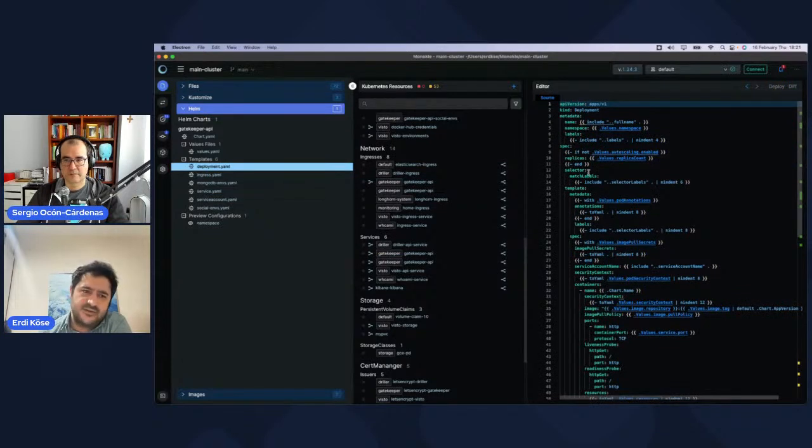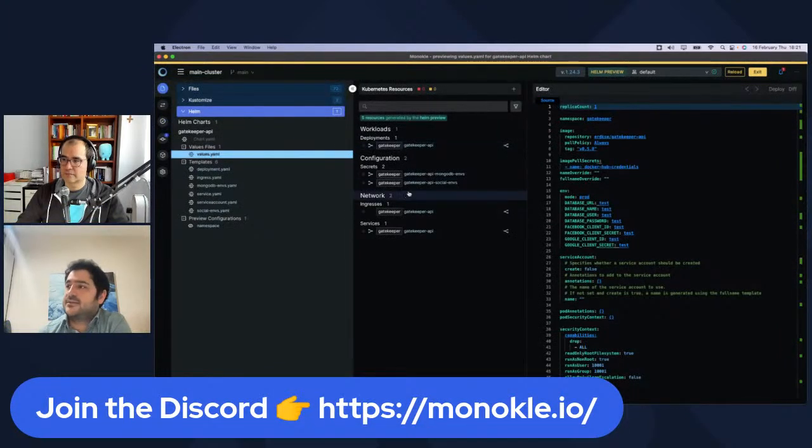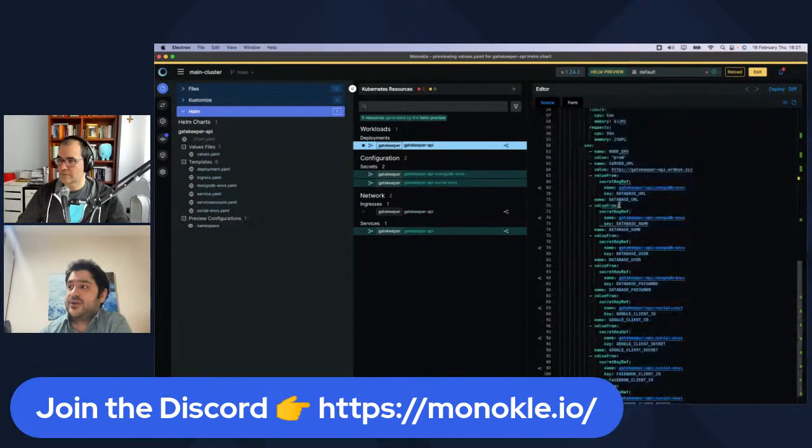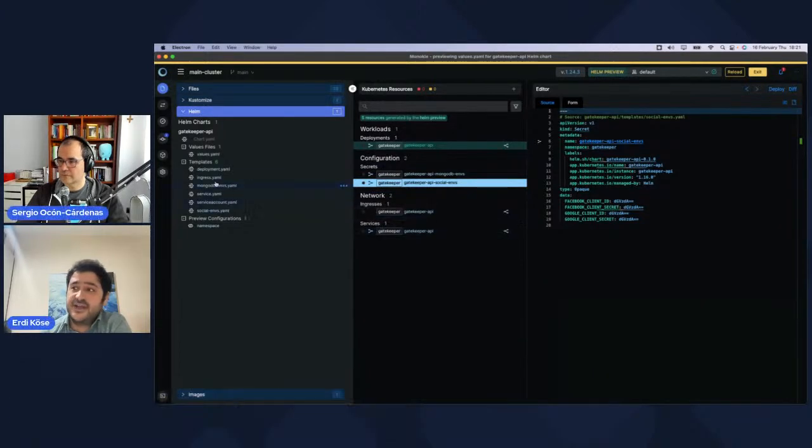I mean, this is a Helm definition. There are some definitions here, like, it reads values, pod annotations, etc. And if I preview that, it just generates whatever this Helm chart does. For example, it created the deployment, and I can see what is created, and I can see secrets, etc. I mean, these are my secrets, ingress, and service definition files that I created for this template, and